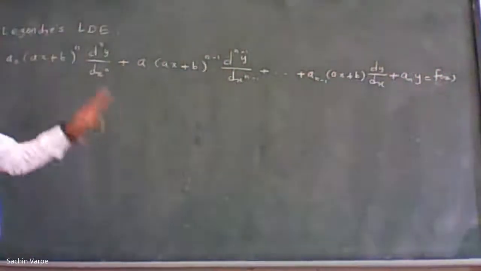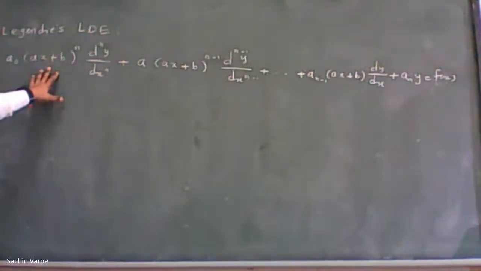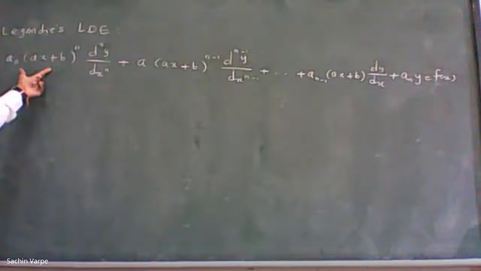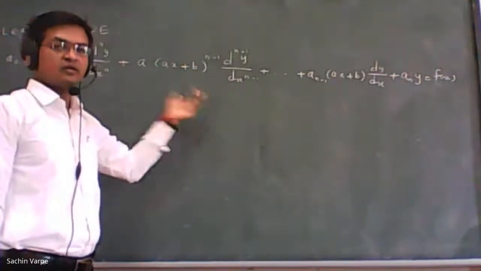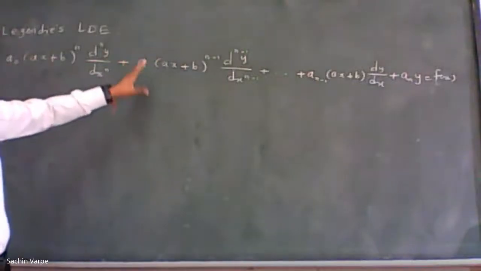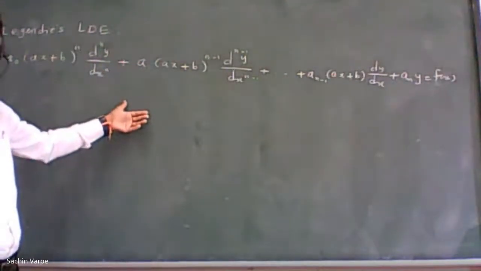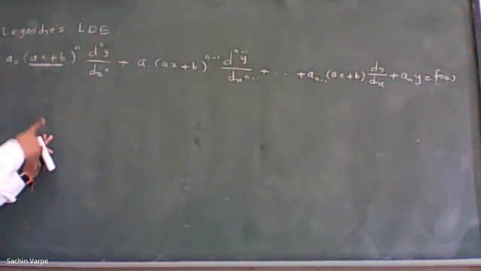So if the given differential equation is of this form where the coefficients are powers of the linear polynomial ax plus b, which is a linear polynomial in terms of the independent variable, then that is called Legendre's. And then this is not actually of the form of Cauchy's, so we cannot use the substitution of Cauchy's, x is equal to e raised to z, isn't it? So here this is a complete variable term, so we are going to substitute that term.